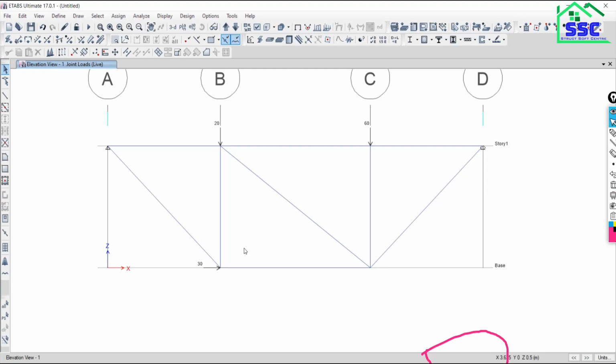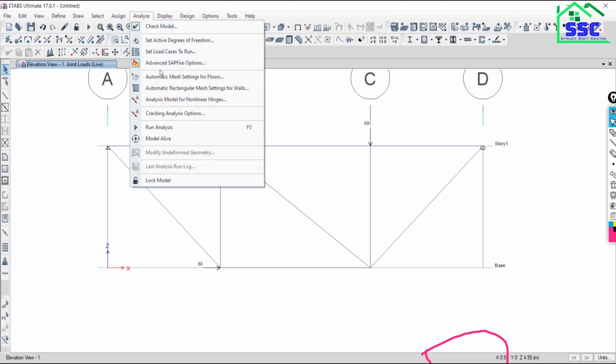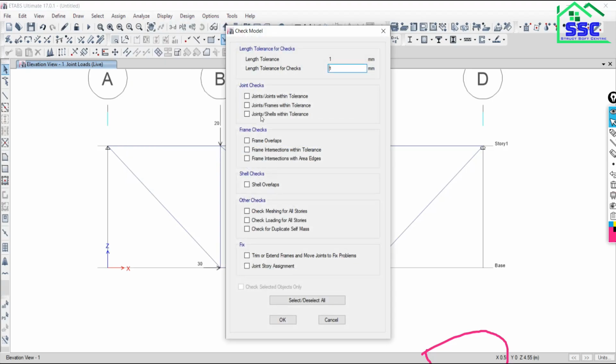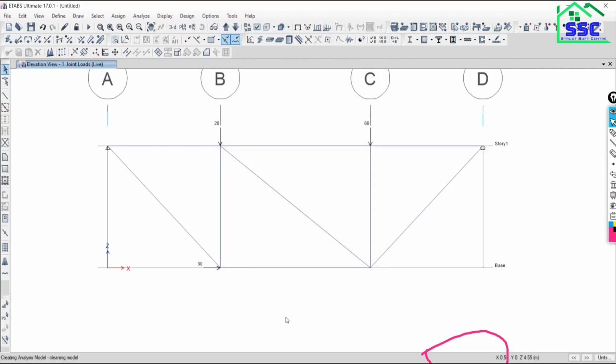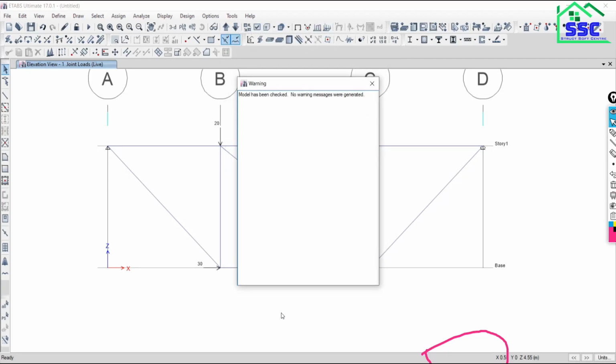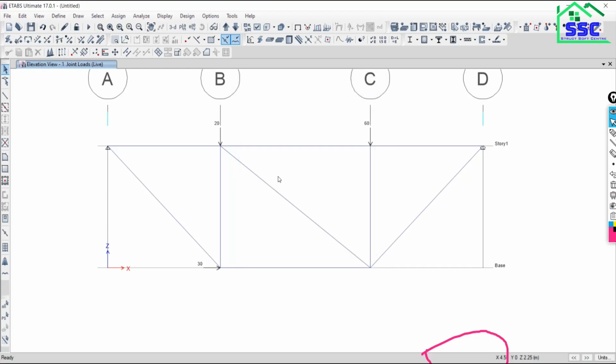So we need to go to analyze, then check model. Select all and say OK. It gives the result that the model has been checked, no warning messages were generated. Just close it.